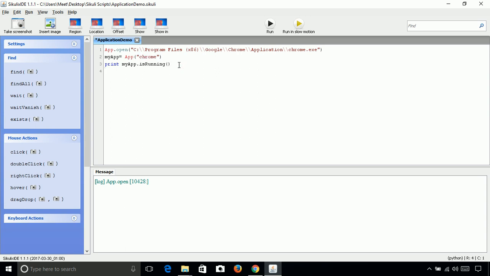There are multiple applications which run in the background, so they don't have a window. Whether the app has a window or not, we can check by using this function, that is my app dot has window. So this is also the same as is running.